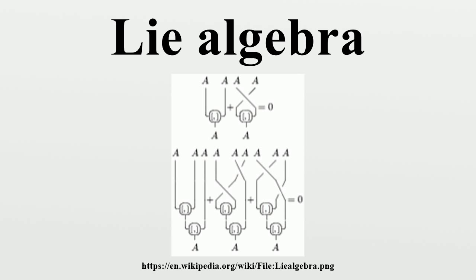Some examples of Lie algebras corresponding to Lie groups are the following. The Lie algebra for the group GL(n, C) is the algebra of complex n times n matrices. The Lie algebra for the group SL(n, C) is the algebra of complex n times n matrices with trace 0. The Lie algebras for the groups O(n) and SO(n) are both the algebra of real anti-symmetric n times n matrices. The Lie algebra for the group U(n) is the algebra of skew-Hermitian complex n times n matrices, while the Lie algebra for SU(n) is the algebra of skew-Hermitian, traceless complex n times n matrices.